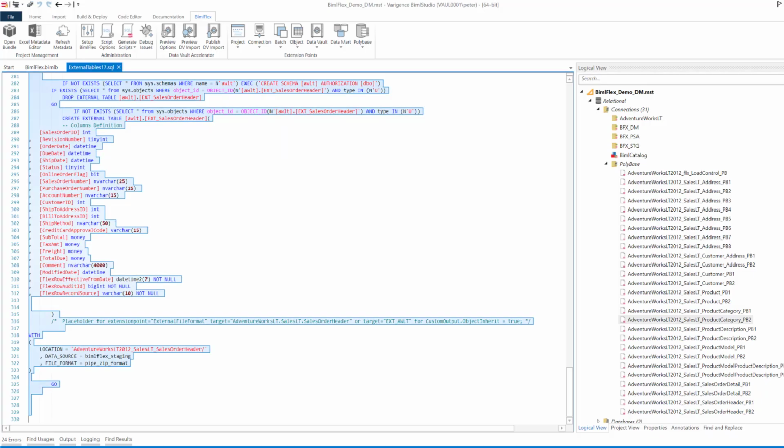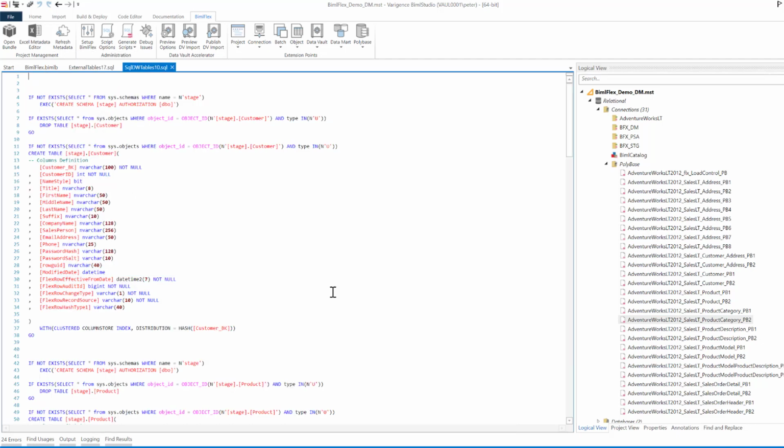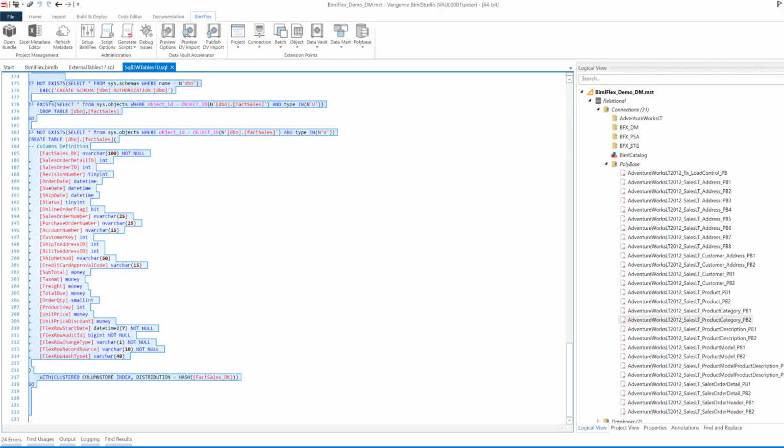So now I'll head over to Biml Studio again, and as I said, at this stage everything is SQL based, so you'll see a lot of me deploying SQL scripts here. The first thing we want to do is create the Azure SQL data warehouse. We'll create all the tables that we need. So we're going to create a couple of dimensions, a couple of facts, and a couple of persistent layers. And I'll go through this code in a second when I have it